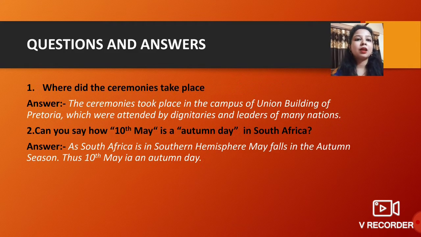So I hope you have understood this chapter. It's a beautiful chapter. It's an autobiography written by Nelson Mandela himself, where he depicts his own life story, the struggles and the period of imprisonment that he had to go through in order to help his country attain freedom. He has also used his autobiography to pay tribute to all the black heroes and patriots who have sacrificed their life to help their nation attain freedom.